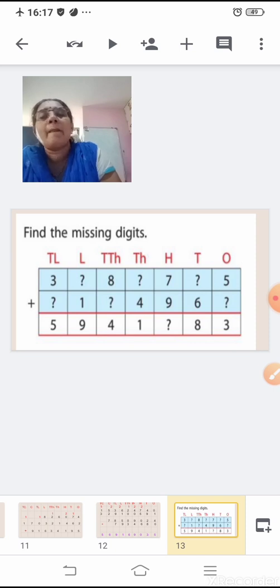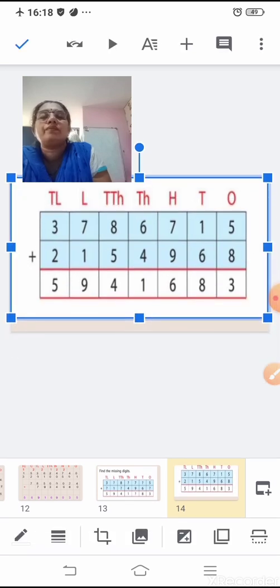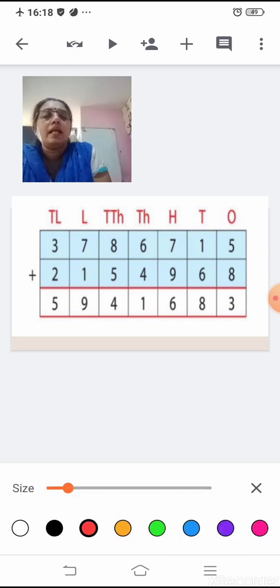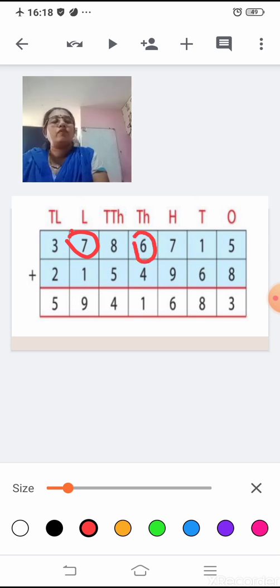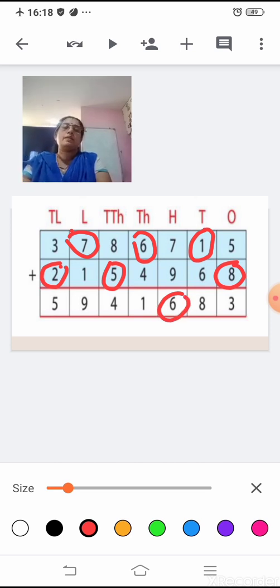Suppose you have to find the second number, the second addend, you will subtract the first addend from the sum. Okay, so your answer will be like this. 7 we have got. So after solving it, you will get the answers, that is 7, then 8, then 6. Here was a place where you had to find the number 7, 1. All these numbers you were supposed to find, correct? So if you want, you can just solve it again and find all the numbers.